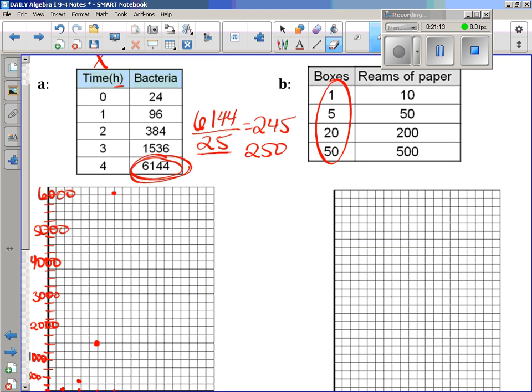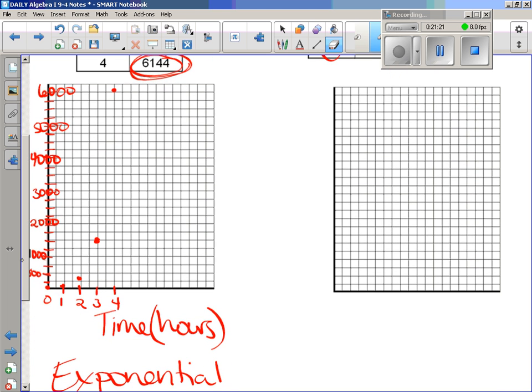So my x values need to go to 50, and my y values need to go to 500. So let's see what we should put as our scale on the x-axis. So I have 1, 2, 3, 4, 5, 6, 7, 8, 9, 10, 11, 12, 13, 14, 15, 16, 17, 18, 19, 20. So I have 20 boxes. So 50 divided by 20 is 2.5. Okay, so that means I could make each box worth 2.5,